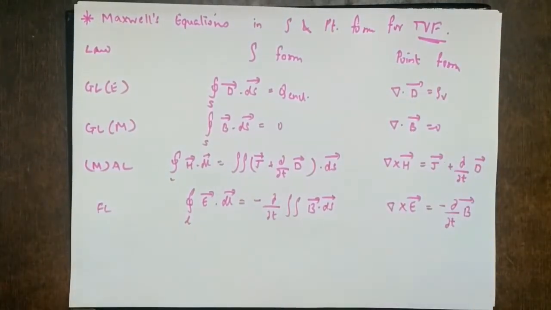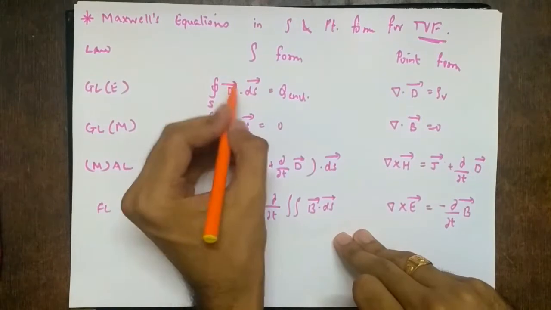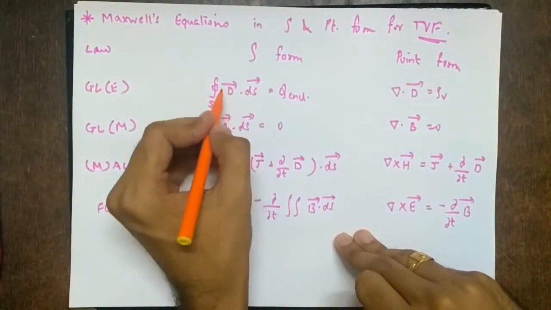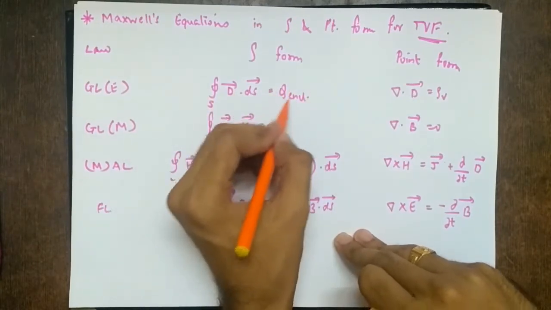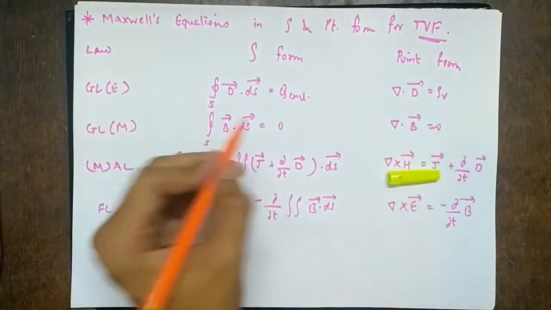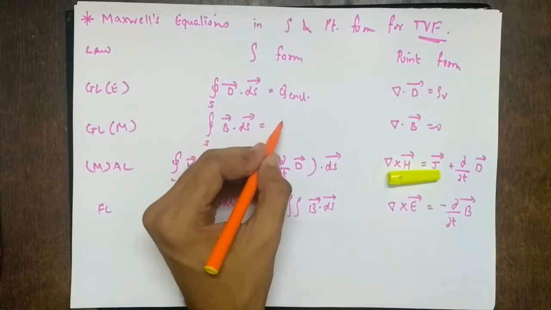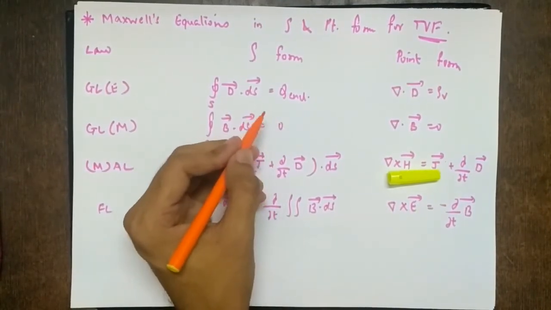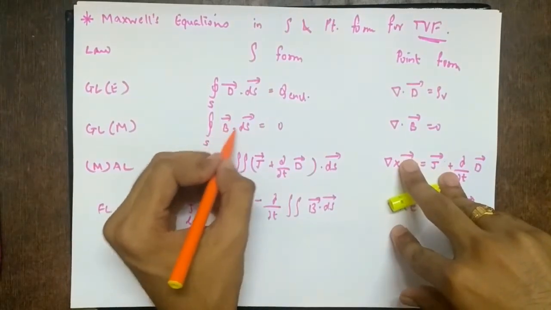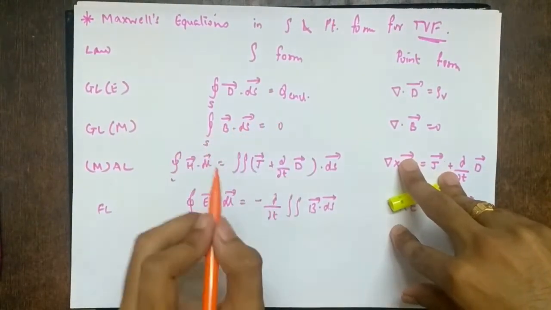Again, in just a jiffy I'll tell what all this means. The total amount of electric flux density coming out of a surface is always equal to the charge enclosed by the surface. Then we said if you break a magnet into two, we cannot separate the poles. So magnetic charges cannot be separated. Therefore the total amount of magnetic flux density coming out of a surface is 0.